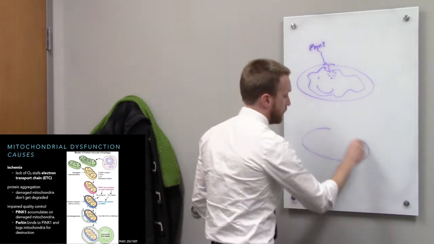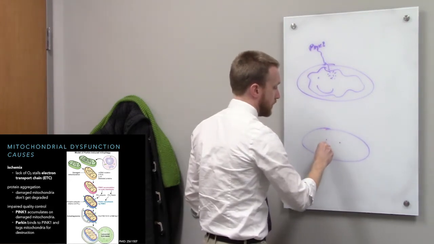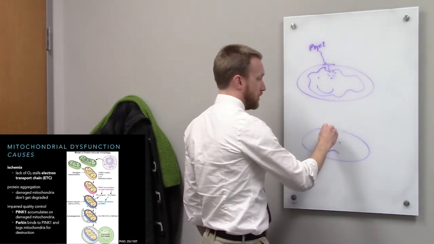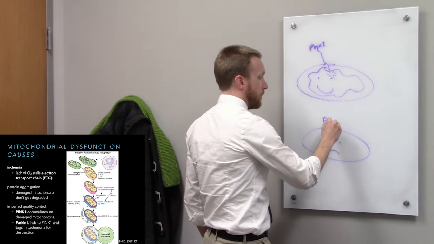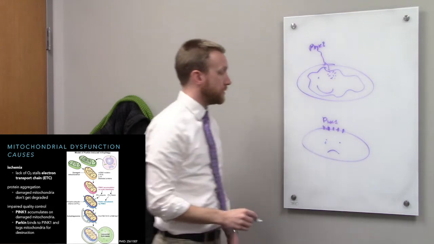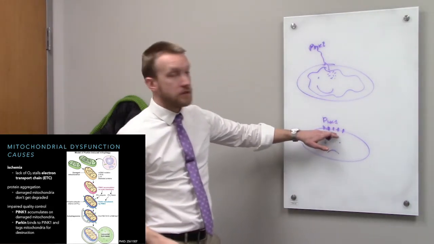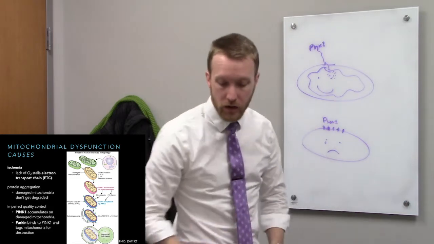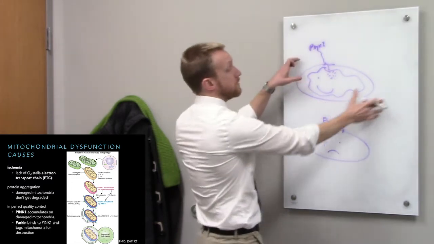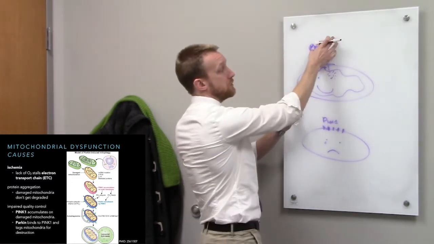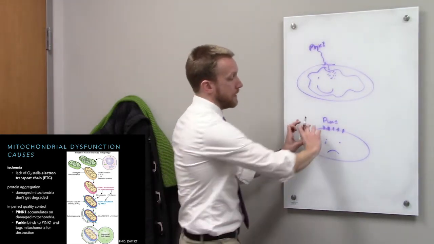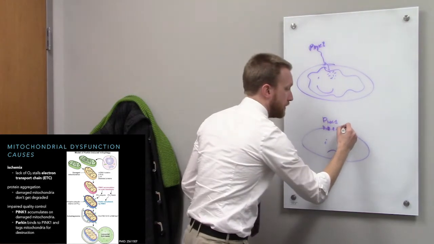Now in the case of damaged mitochondria, we can't take in PINK1, so PINK1 builds up on the outside of the mitochondria. That's going to tag it as being damaged. PINK1 has a binding partner named Parkin. Now Parkin isn't going to bind to healthy mitochondria because they continually bring in and get rid of PINK1. But when mitochondria aren't working properly and PINK1 has built up, then